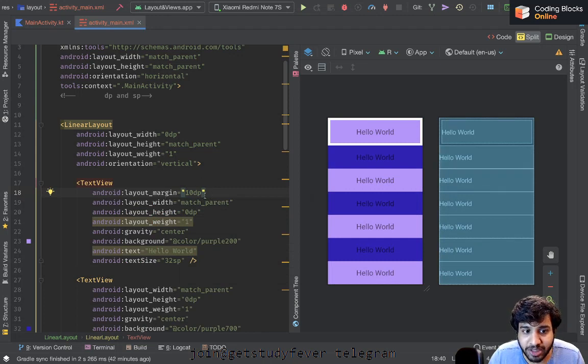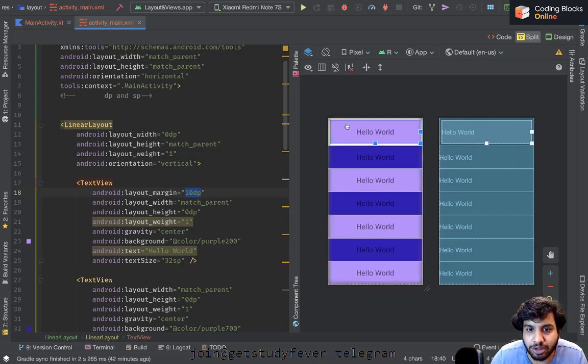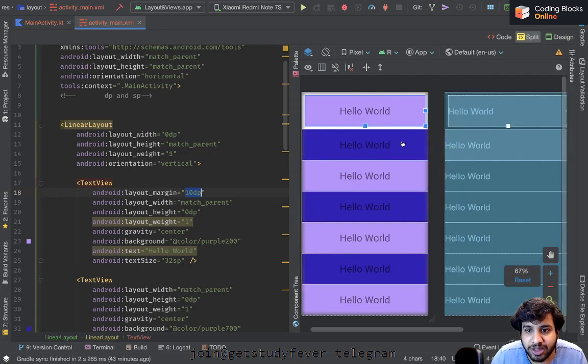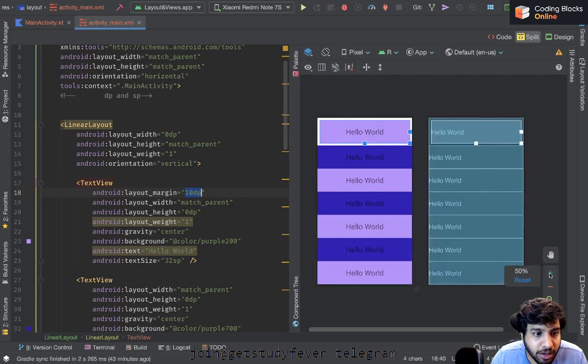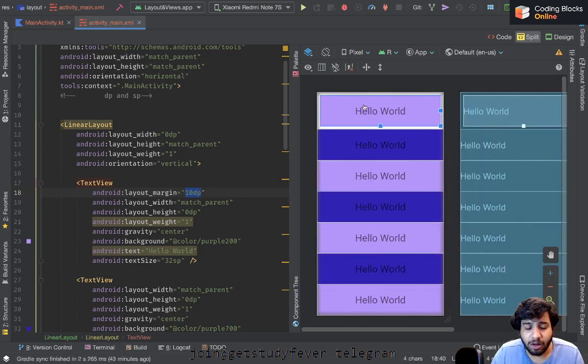When you use margin, this has to be a number, a simple number. You cannot use match parent or wrap content, because you do not want to make the margin the entire width of the container. You want to make a small space, like a 4 dp or an 8 dp space. Now you can see this is distributed evenly on all four sides,